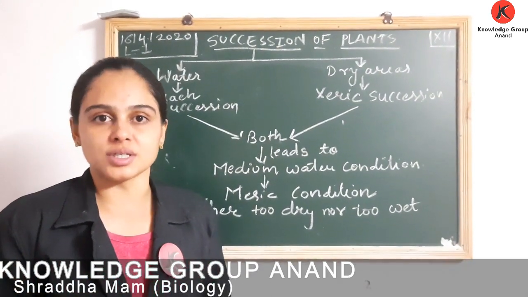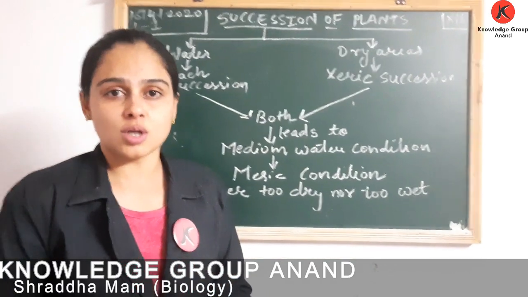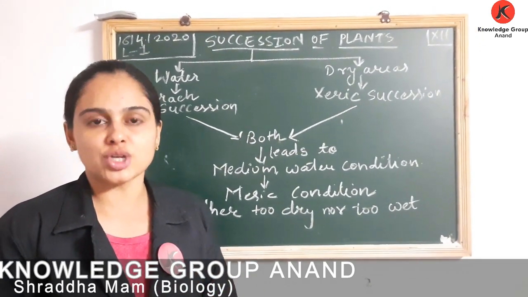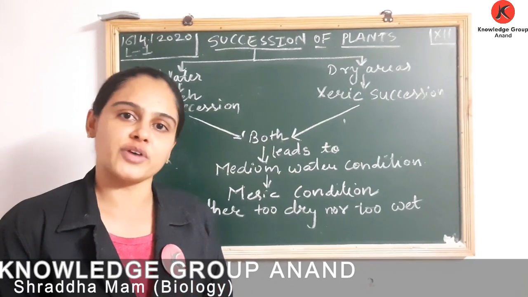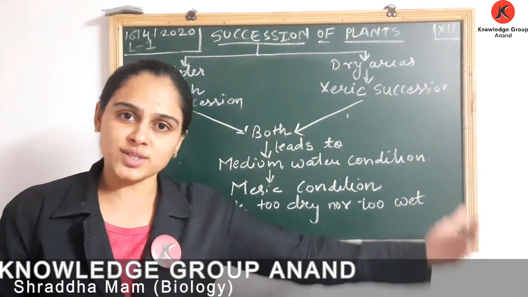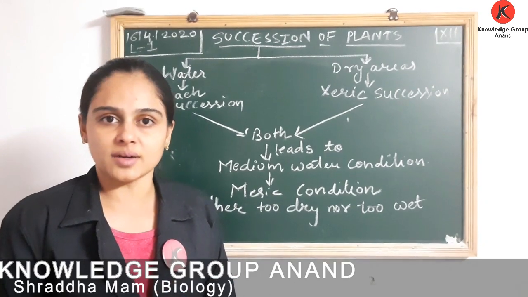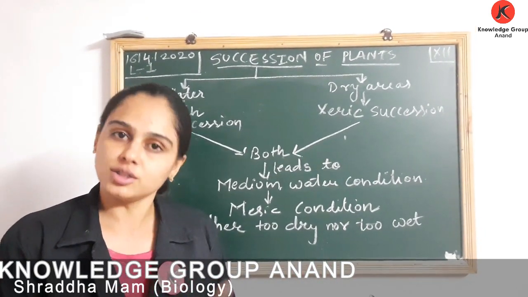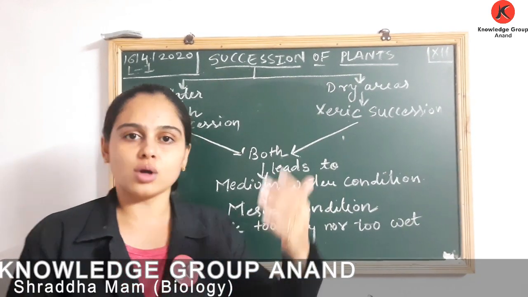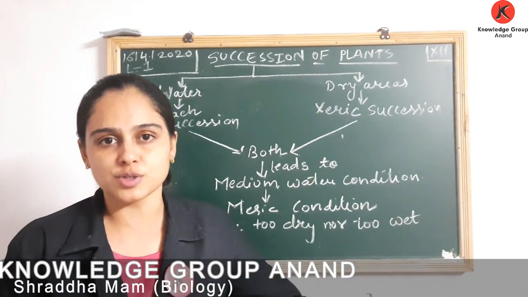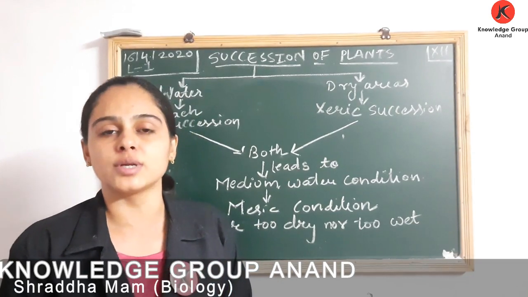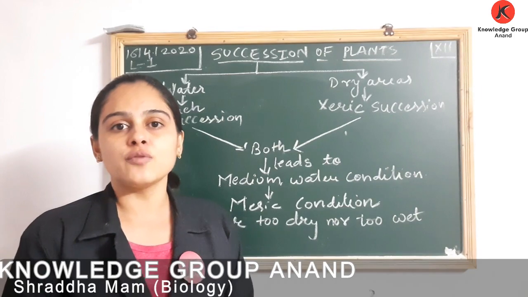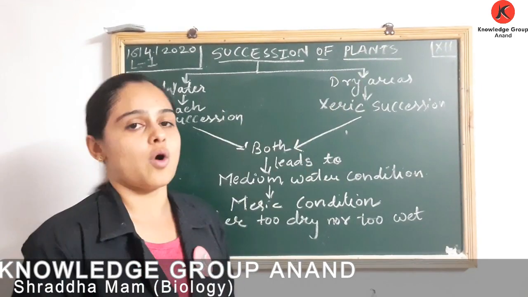Understood what is ecological succession. So what is ecological succession? It is nothing but a gradual, fairly predictable change in species composition of a given area. These sequential changes are orderly, right? And it runs parallel to environmental change. We have also understood the seral stages, what is pioneer species, and finally the stable community is called the climax community. Now in this video we are going to discuss succession of plants.